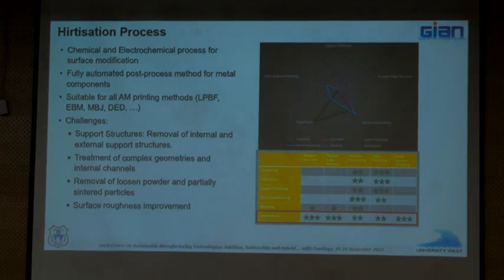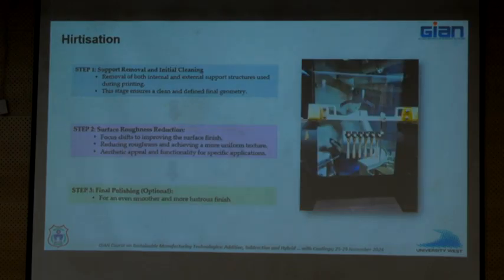I'm not rich enough to get that equipment, but they claim this can do everything that tumbling does, laser polishing does, electropolishing, blasting. All of it can be done by this machine, kind of, right? So there are several steps going through this. One is support removal and just initial cleaning. Imagine yourself going through a very sophisticated